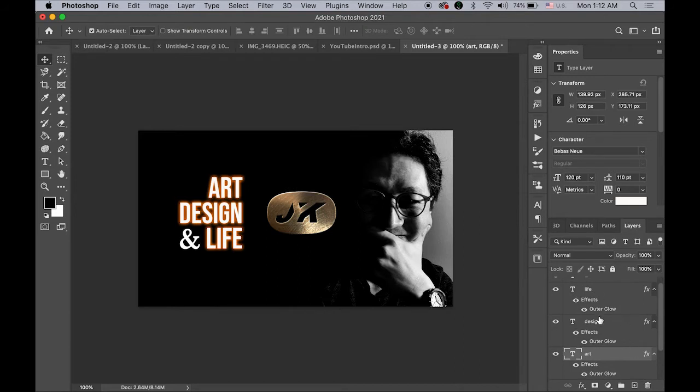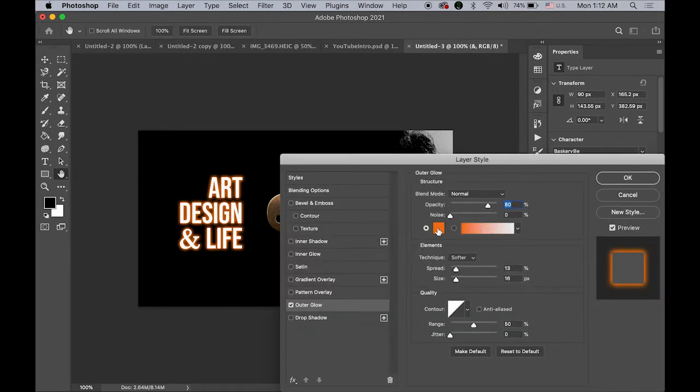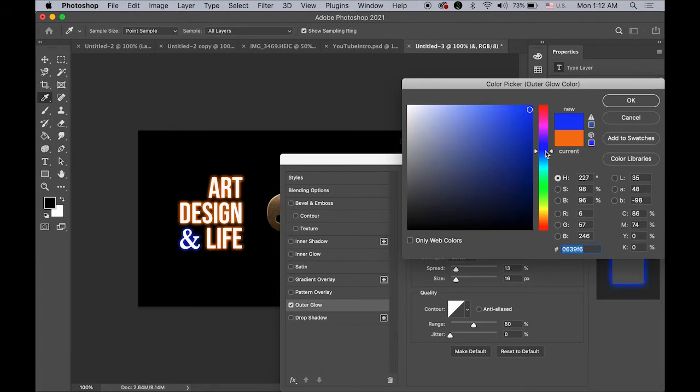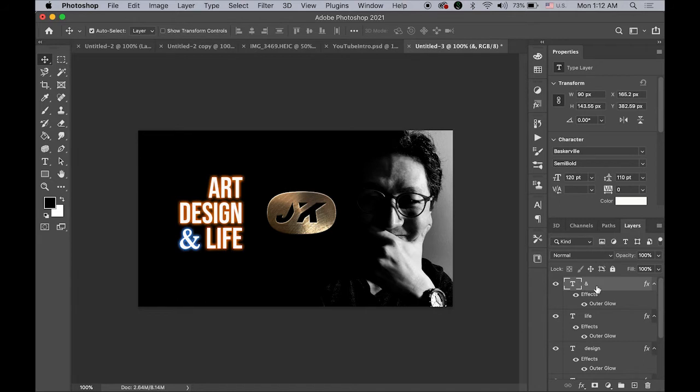And for the and symbol, I can apply the same thing, but I want to change the color. So on my and symbol, let me double click the outer glow effect. I'm gonna change the color to a little bit bluish color. Maybe, yeah, something like this. Okay, so it is not too bad, but I want to give some kind of little more